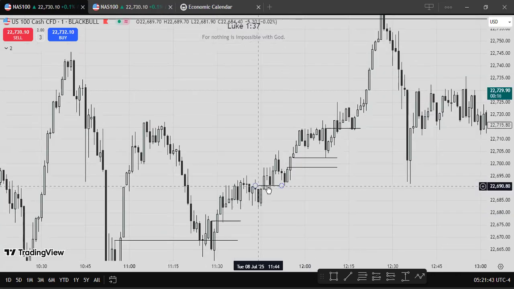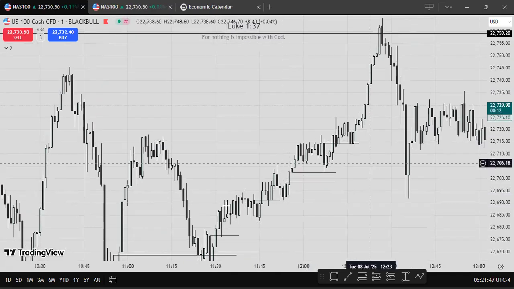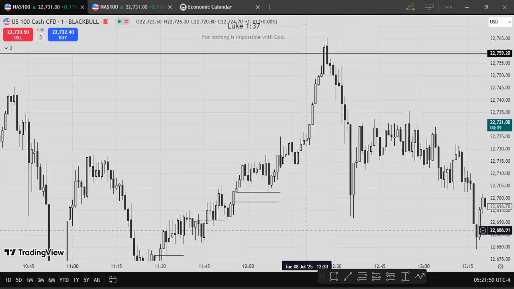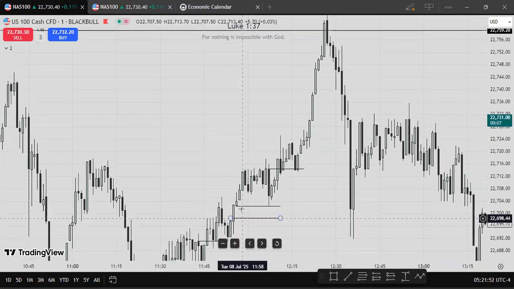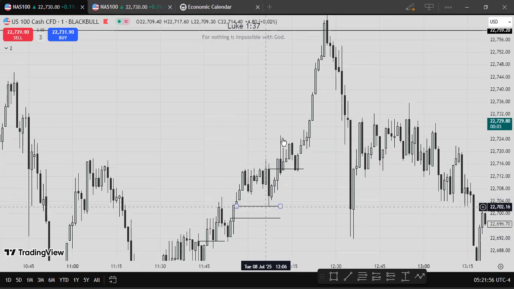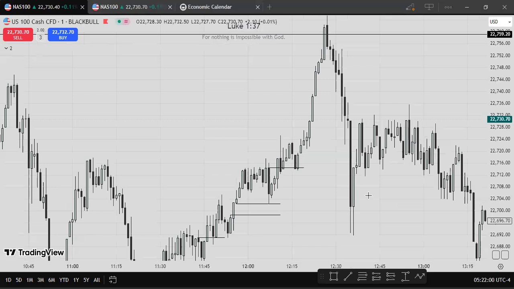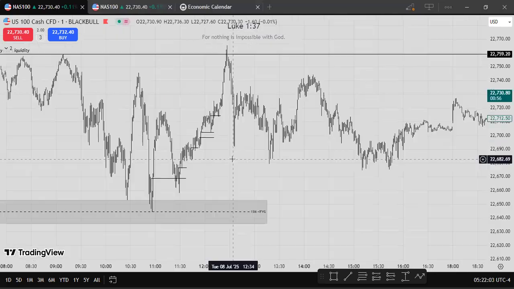That's another order block. So all the way until we take out that buy side, it gave a lot of opportunities for entries. We also have this fair value gap here, and we have this order block here. We came into that, pushed. Here's another one there. So all the way going until we take out that buy side.